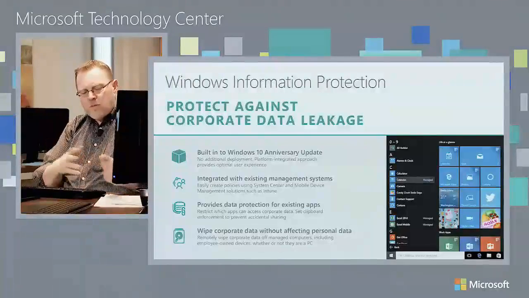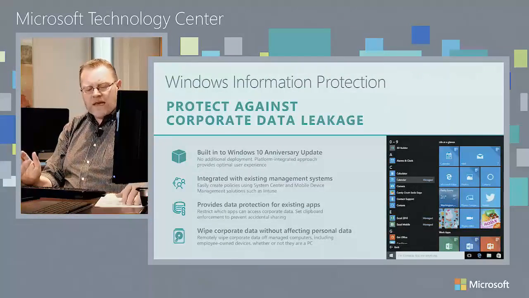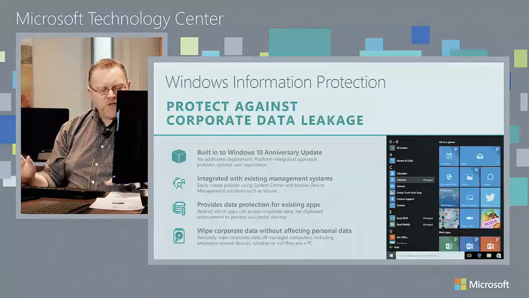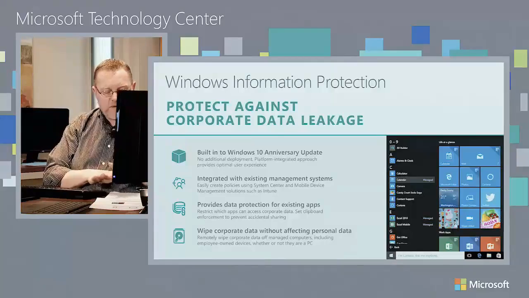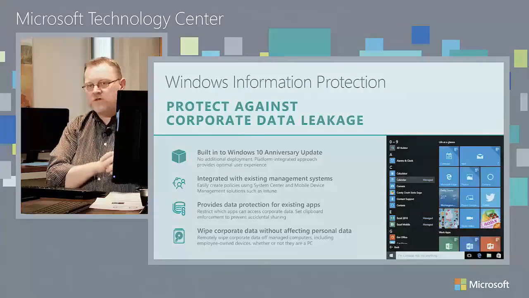So the fourth of these key aspects is the ability to remove the information from a data leakage point of view. We want to make sure that end users have a transparent experience, but it won't affect their personal data. And what I can do is also destroy the certificates that are associated with that. So to that end, I want to take the opportunity to switch across and have a look at some of the capabilities that we see inside of Windows Information Protection.